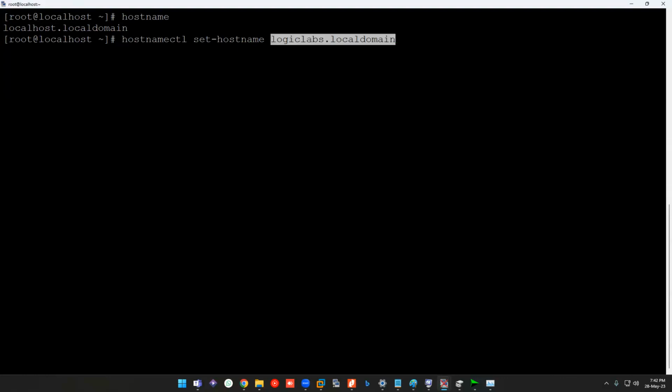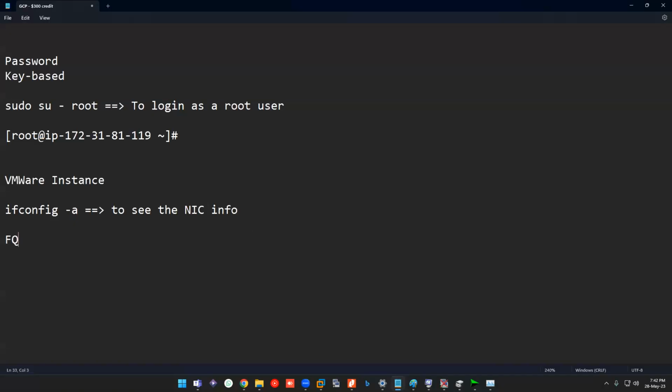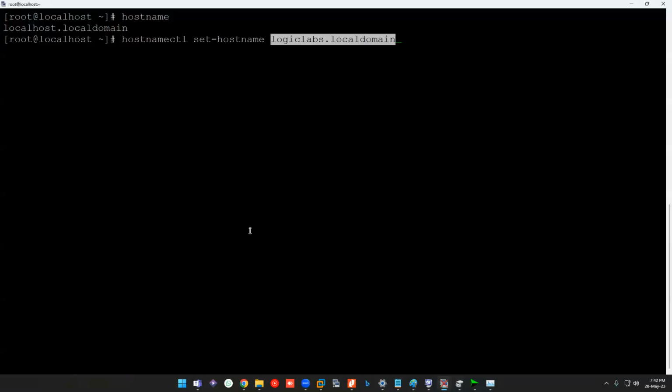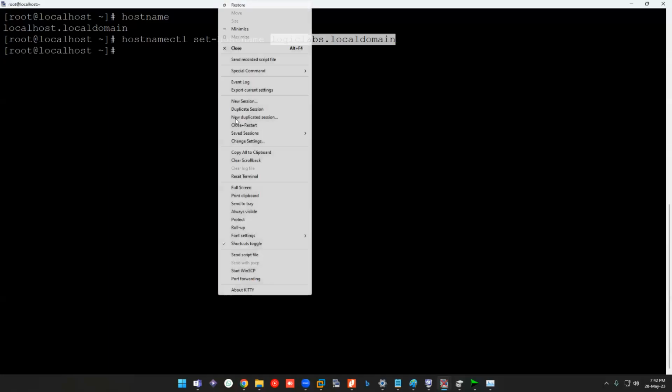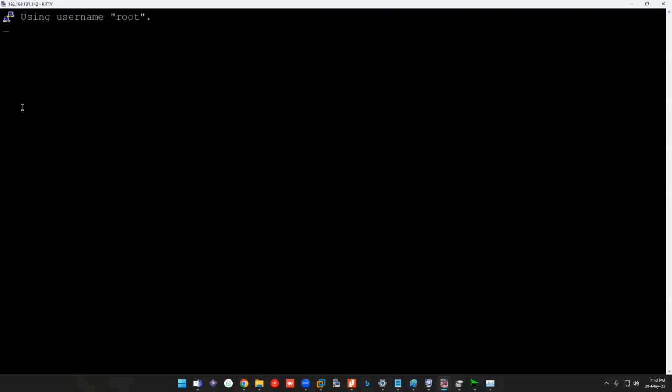This whole thing is called the FQDN, the fully qualified domain name, which is your hostname along with your DNS domain. Enter. If I reload this or create a duplicate session of this one, it will now be loaded as Logic Labs.